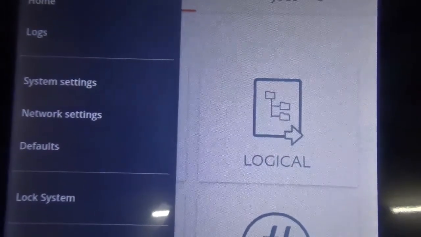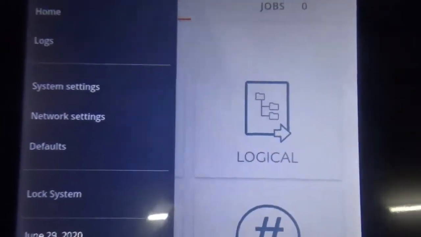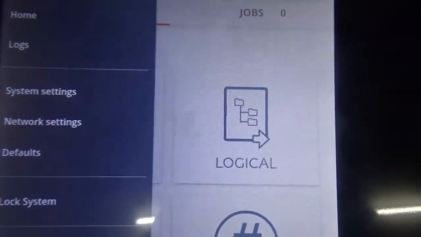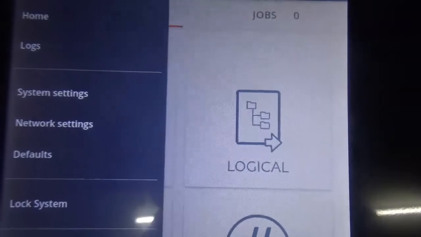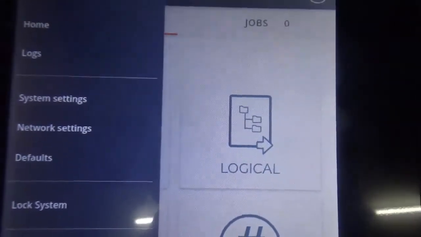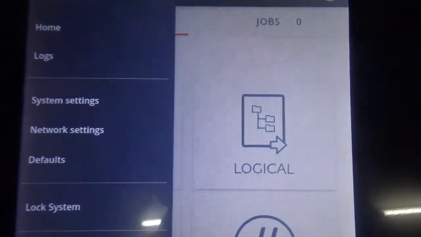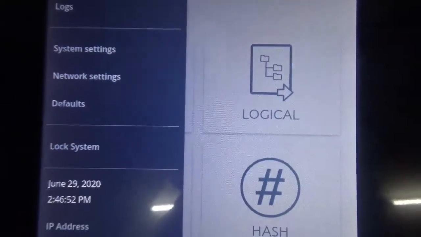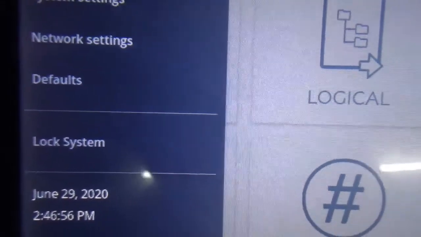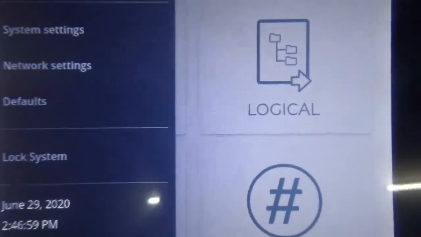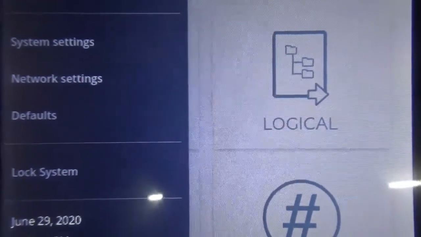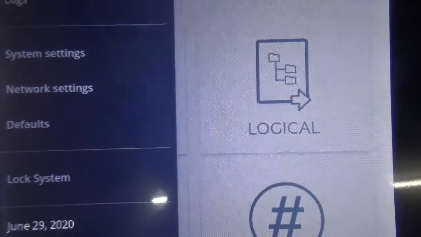If you look at network setting, it comes back to the way you want to extract information from an organization that's live on the internet. So here you can do that instruction. You can also lock your system. So lock your system here. I have not yet locked my system, but you can click lock system there,